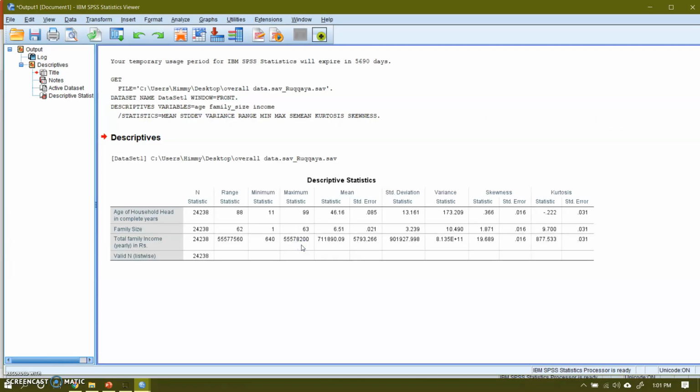Now if you see here, SPSS gives me descriptive statistics of these three scale variables. One is age of household head in years, second is family size, number of members, the third variable is total family income, and this is annual income in rupees. And the final row shows the total number of cases. Since there is no missing case, it lists all the 24,238